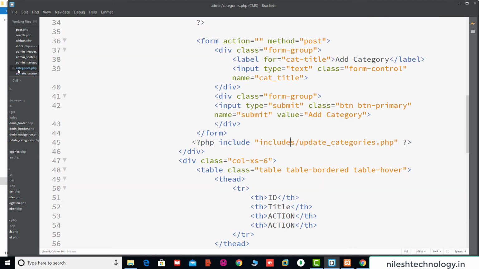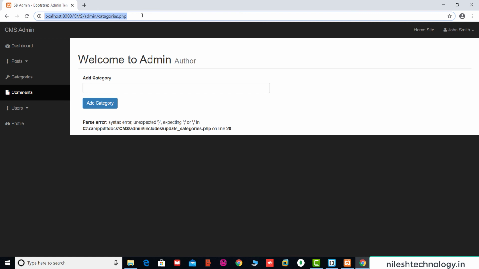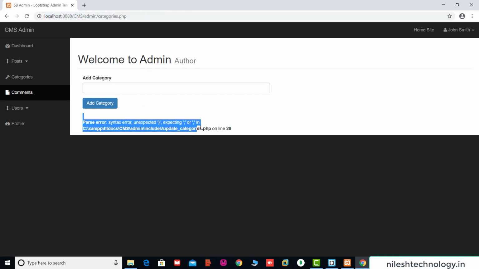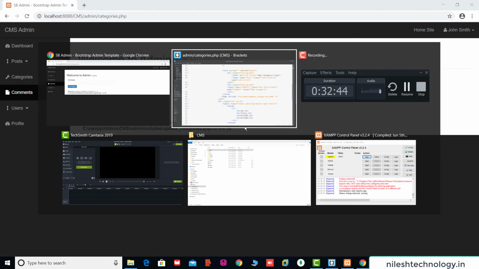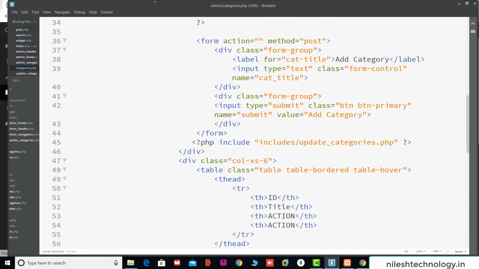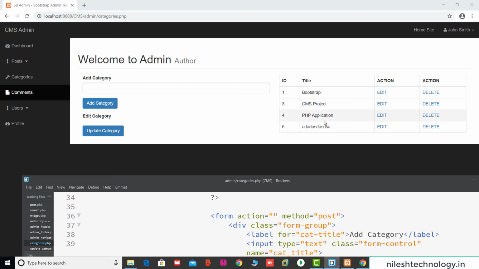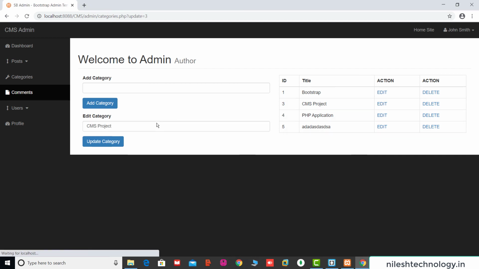Again we run this category.php file. Now syntax error, bracket closing, line number 28. Okay, so going to this update category file. So here semicolon is missing. Save these changes. Now we run the category file.